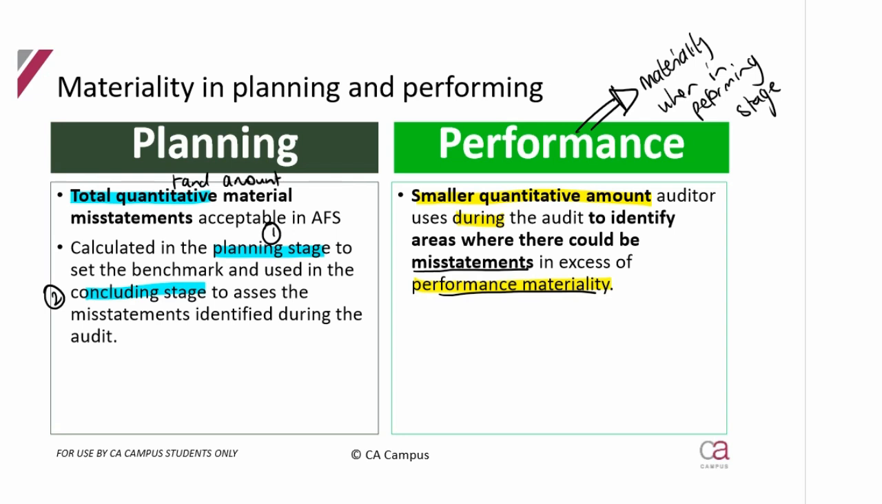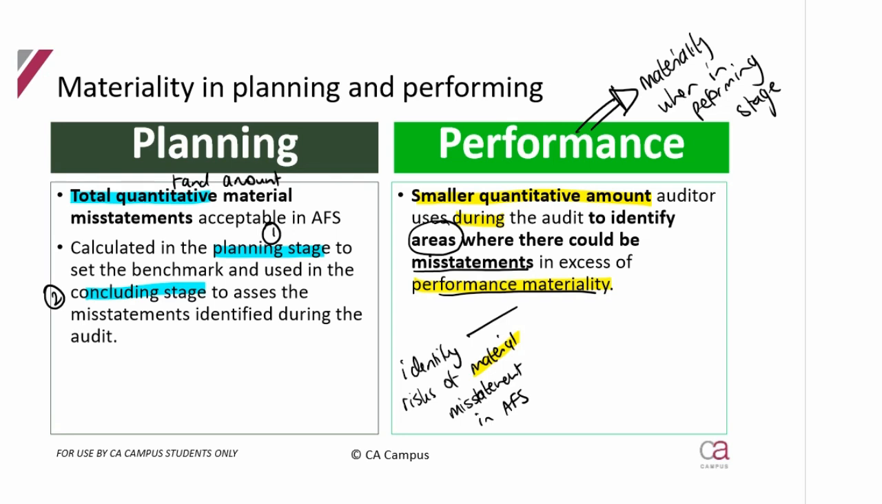So where are we going to use performance? We need to use it to identify areas where there could be misstatements in excess of this amount. So we are going to use it to identify risks of material misstatements in the financials. And which materiality are we looking at? Performance materiality. We need to use the performance materiality to help us to identify the risks of material misstatement in